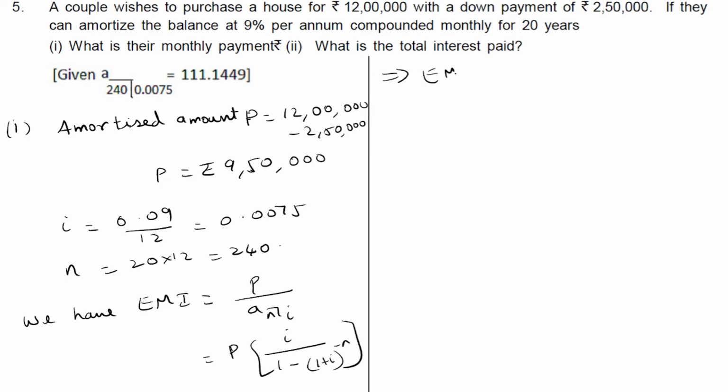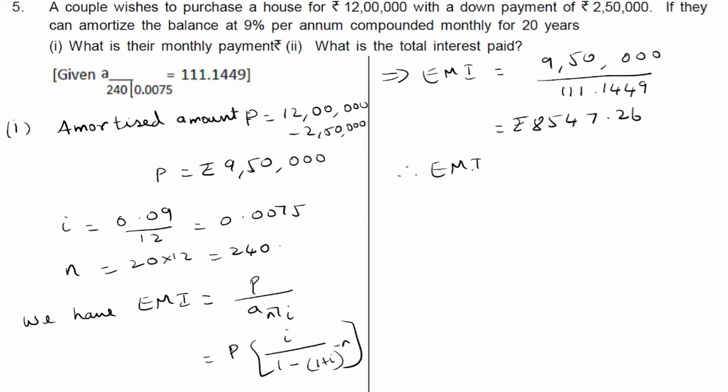So this implies EMI is equal to P, which is 9,50,000, upon 111.1449. So this comes to be approximately 8,547.26. Therefore, EMI is equal to rupees 8,547.26. And now the total interest paid will be